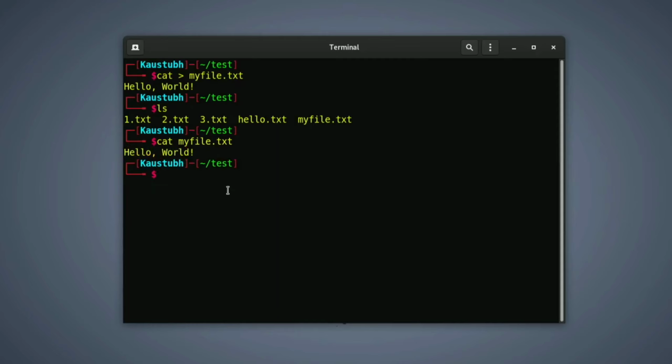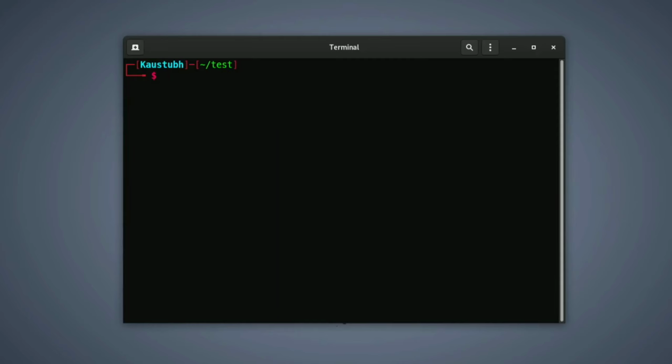Okay, so just clear this output again. Now I want to add another text to the same file which we created previously, myfile.txt. To add another text to myfile.txt, I can use cat with a double greater than sign, then myfile.txt, hit enter, and I will add one line.